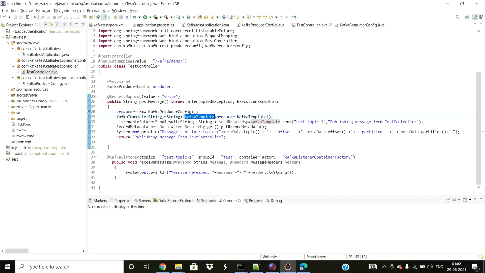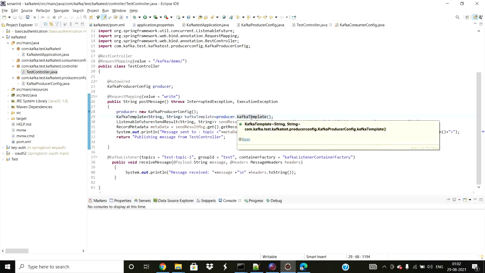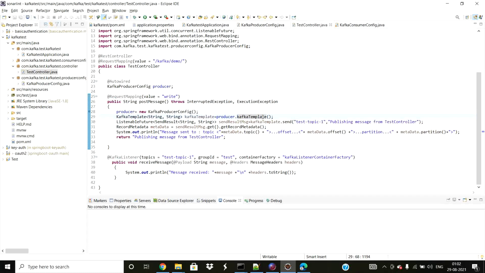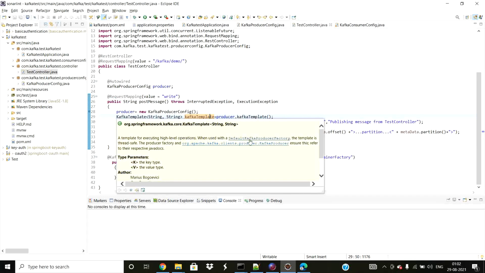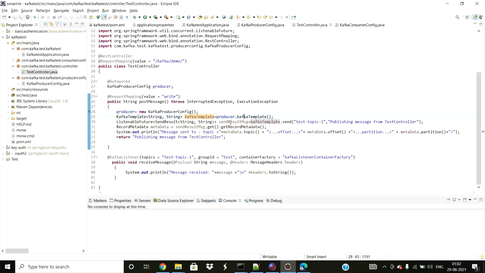If you have your own producer config, you can use it here, or if you want the default one, you can simply autowire this class and use it. This will by default override the default Kafka producer factory class, and that will invoke your producer configuration.